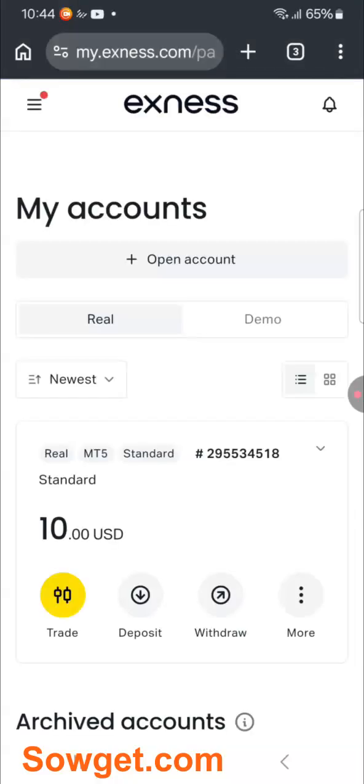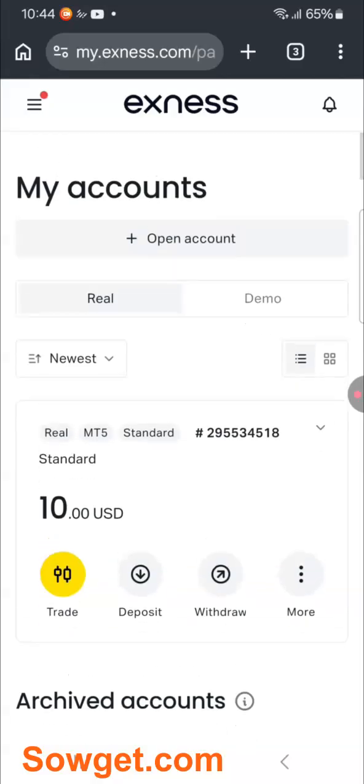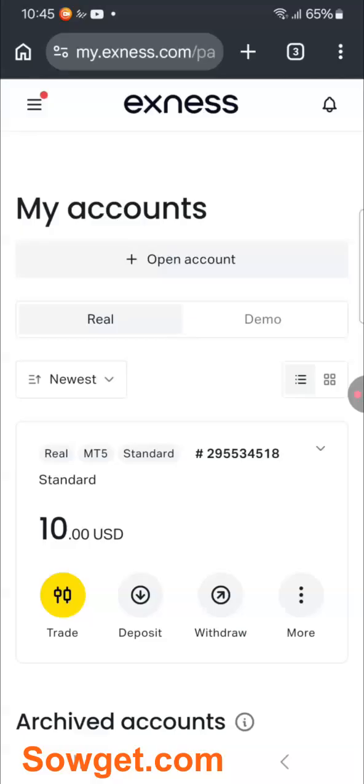Before I proceed, you can also do this on the Exness app. So you can go to your Play Store or your App Store, just download the Exness mobile app. Then you just simply log into the mobile app and also deposit and verify. It's the same thing. So my Exness account is already verified, but let me just show you the process to